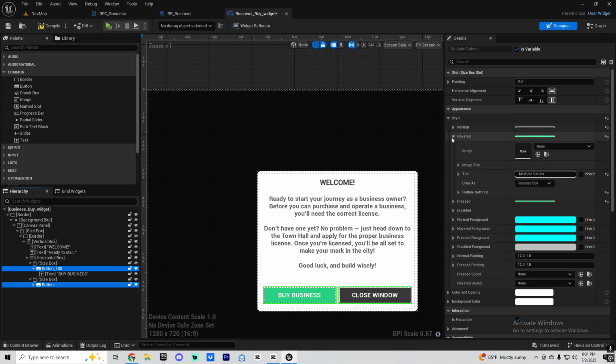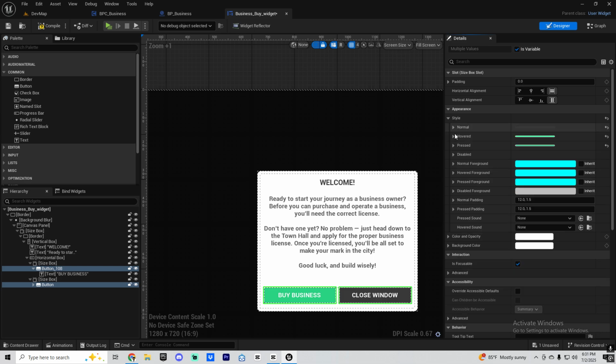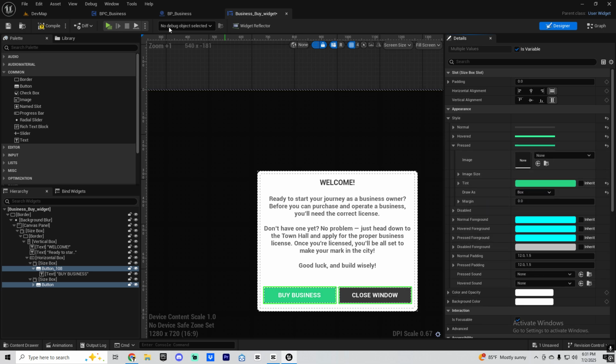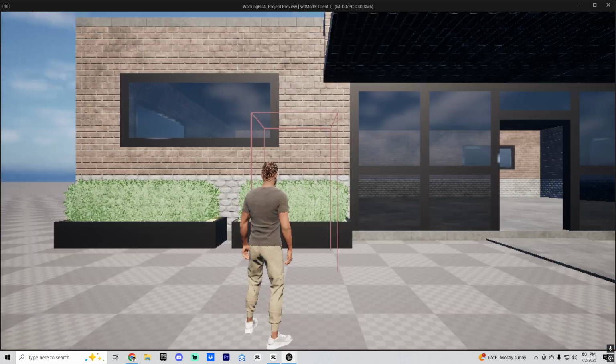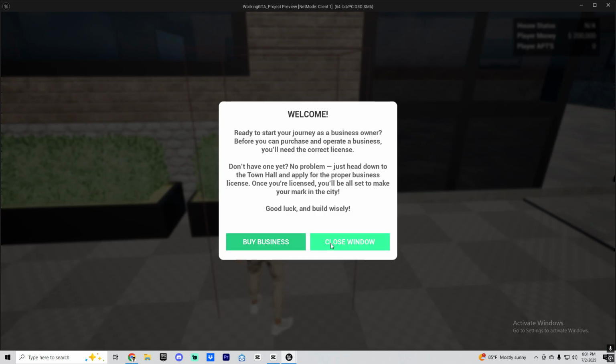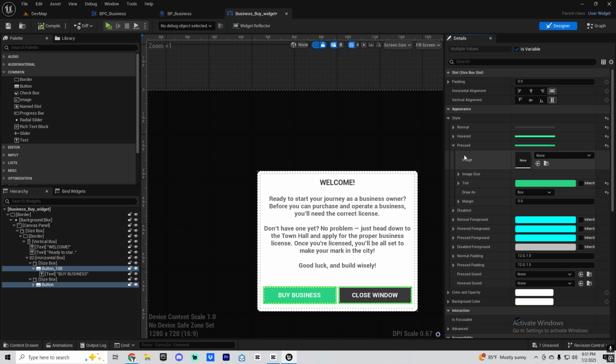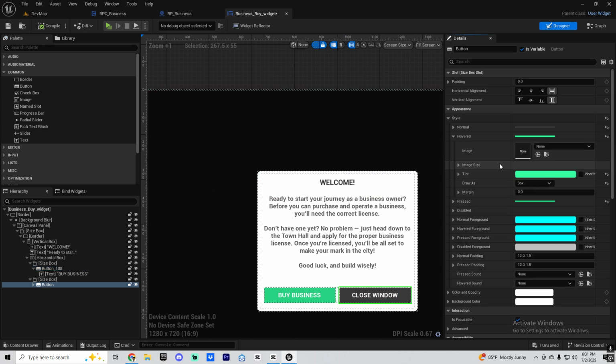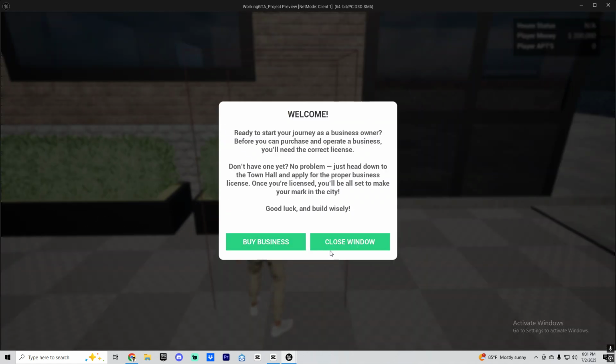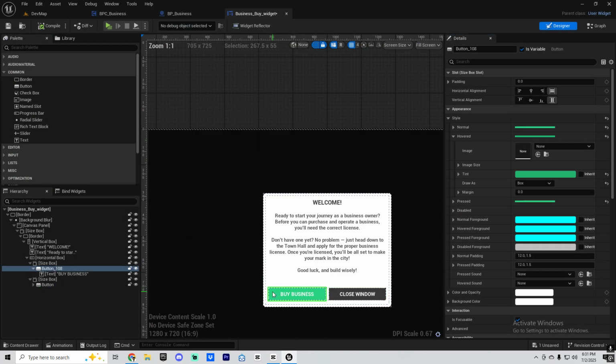And for the button, let's see. Yeah, I'm not liking the bright color. Let's keep it like that. Yeah, I like this. Okay, so with this one we're gonna call this one buy BTN